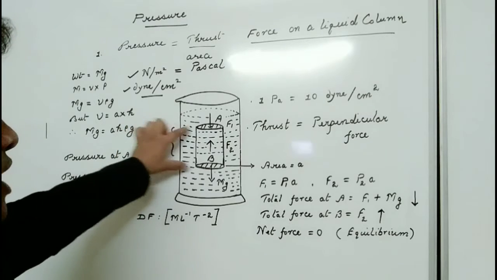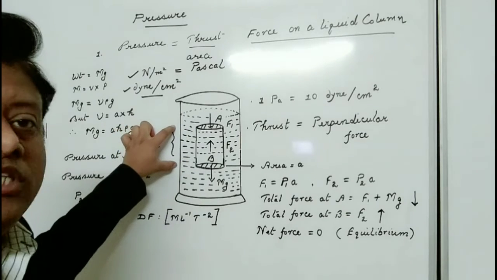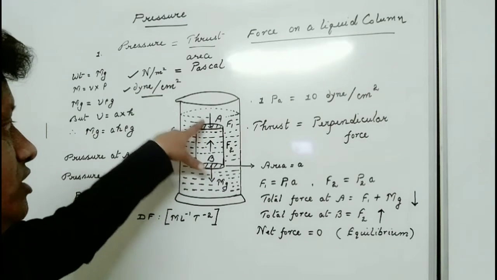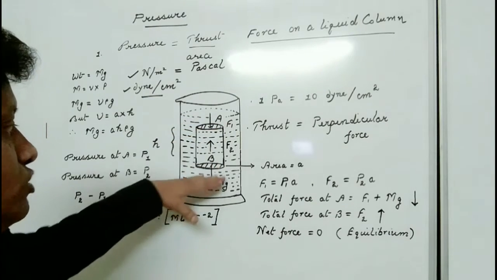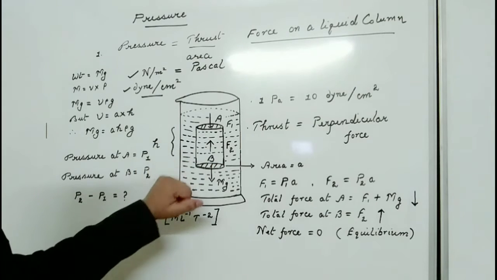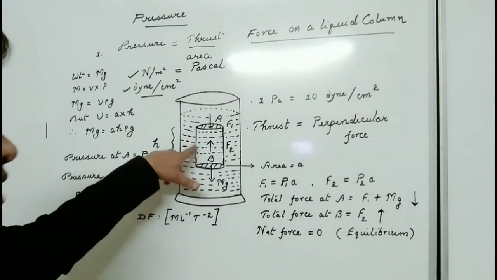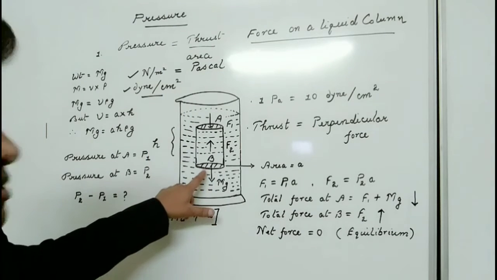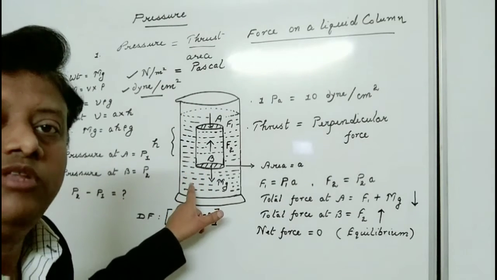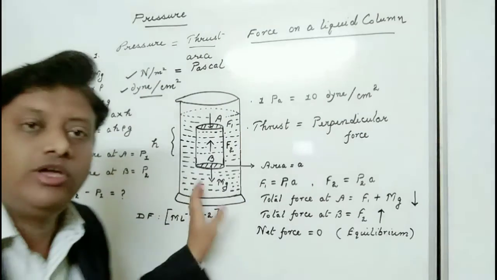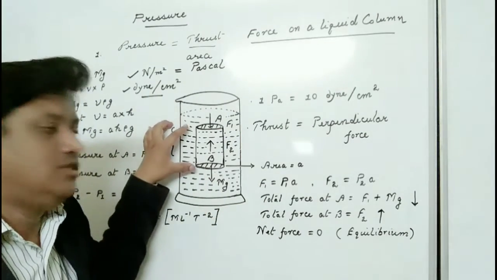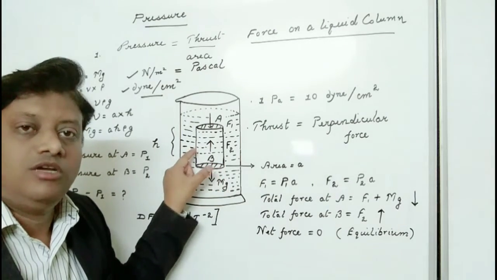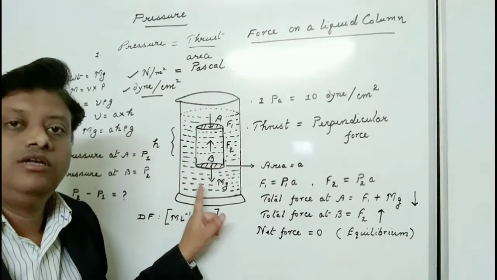So this is the height of the cylinder, which is taken as h. The force on this face will be F1 and the force on this face will be F2. F2 is marked here with an upward arrow and F1 is marked here with a downward arrow. Now we are also representing the weight of the body. The body here is this cylinder, present in the stationary liquid, and it's also stable. So this is the weight mg acting vertically downward.